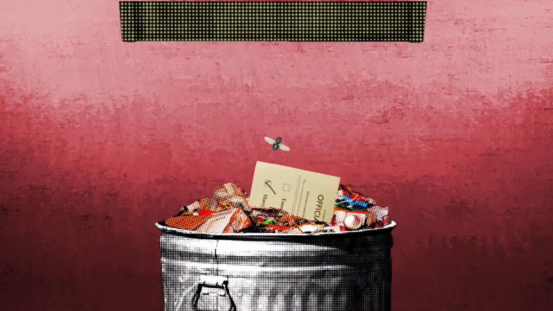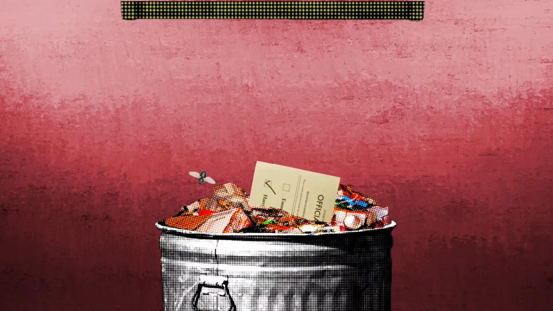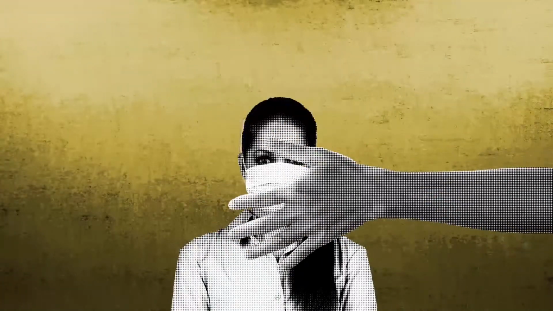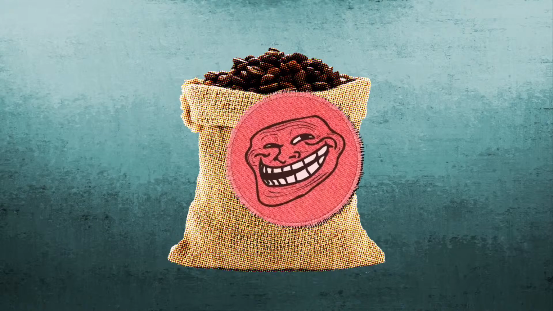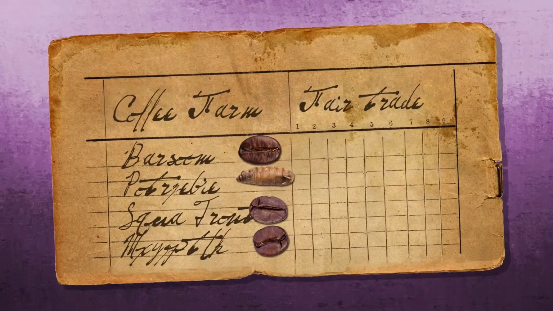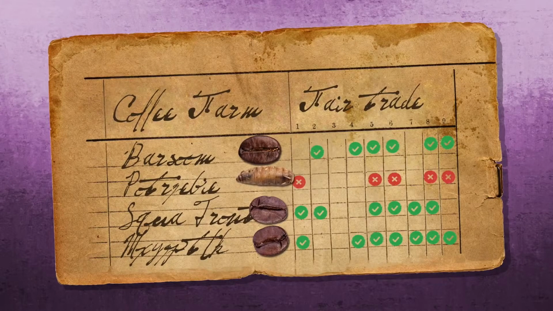When you vote, have you ever wondered whether your ballot is actually counted? If you meet someone online, how do you know they're who they say they are? When you buy coffee that's labeled fair trade, what makes you so certain of its origin? To be sure, really sure, about any of those questions, you'd need a system where records could be stored, facts could be verified by anyone, and security is guaranteed.